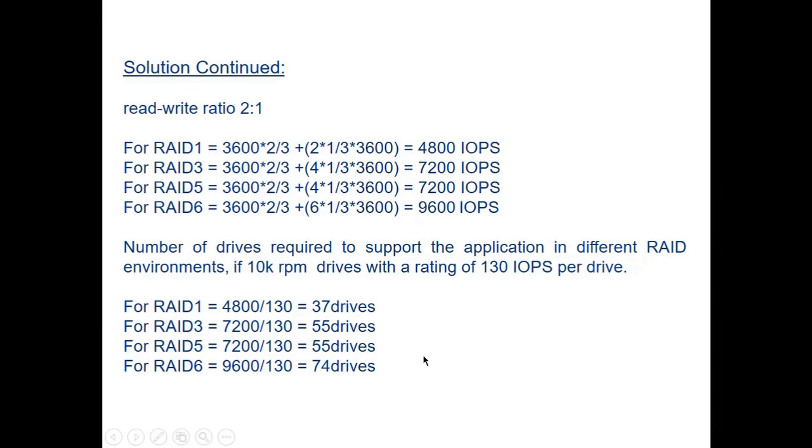So you may expect such questions in the examinations. With this, we can conclude this chapter. Before concluding, let us briefly summarize the things that we have discussed so far. We have understood the different RAID levels. We discussed RAID 0, RAID 1, nested RAID, RAID 3, RAID 4, RAID 5 and RAID 6.